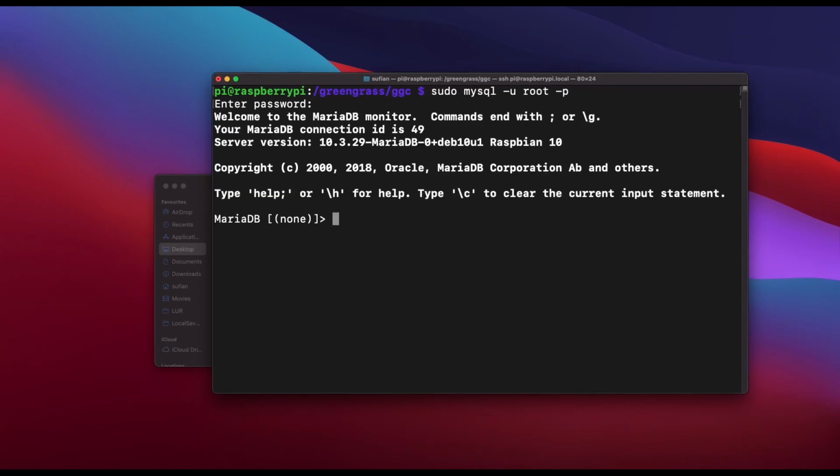Okay, now that I'm in, the first thing I need to do is create a database. So let's do create database IoT data. Okay, that should have got created. And now let me create a user.